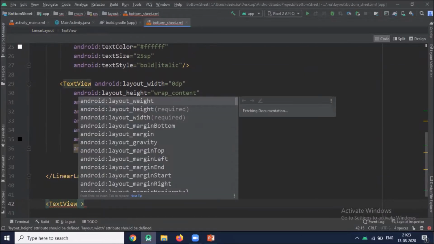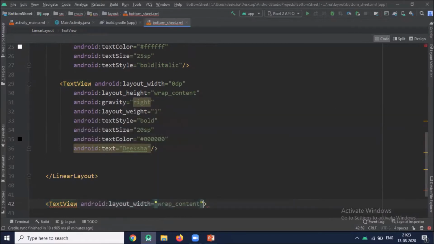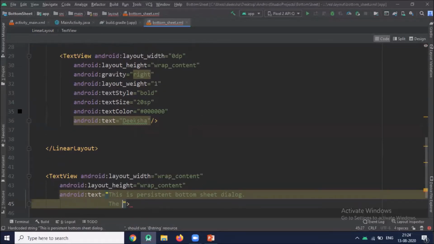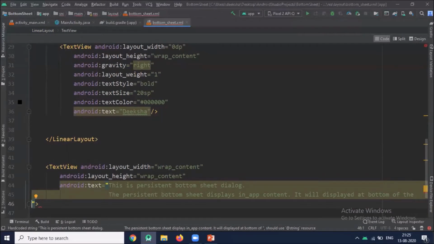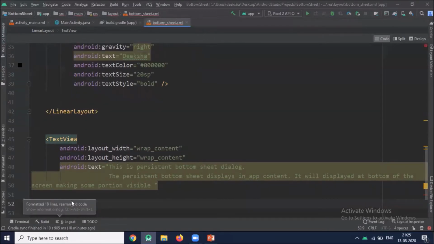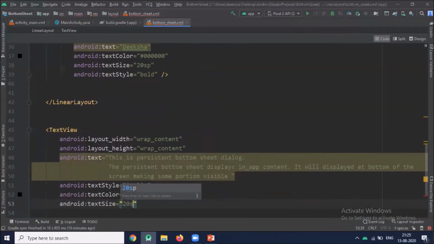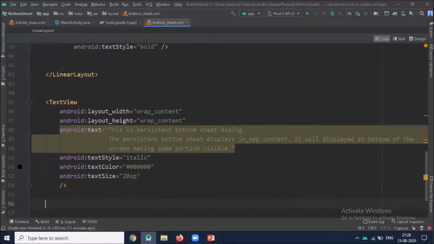Outside the linear layout, we add one more text view. Now add one button.